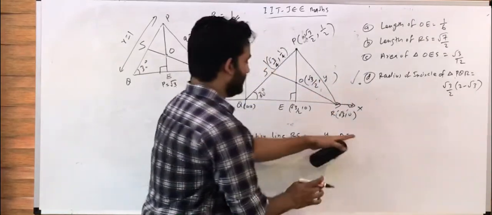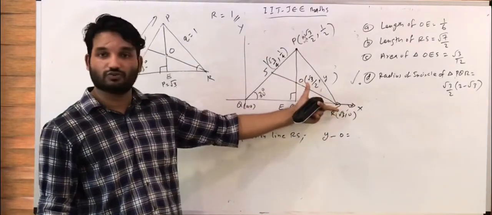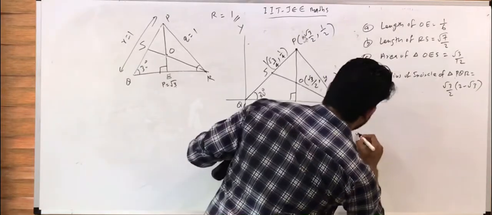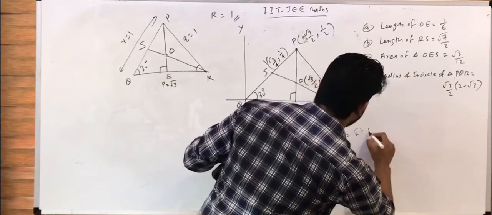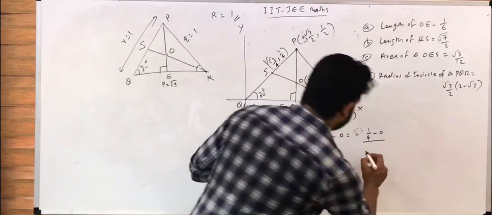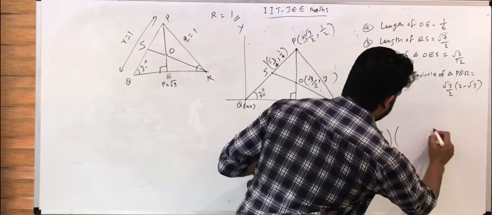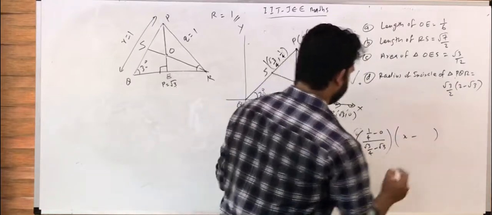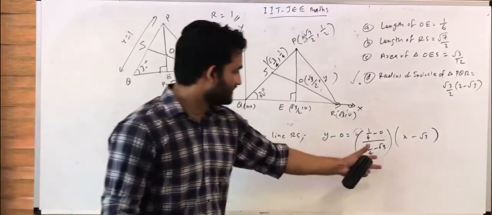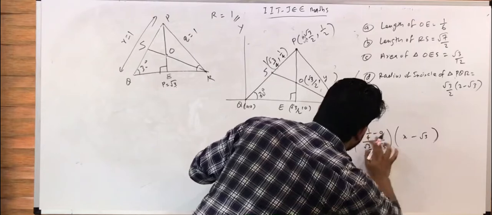m into (x minus x1), where m is the slope of these two points. When two points are given, how do we find the slope? It is y2 minus y1 divided by x2 minus x1. So y2 is 1 by 4 minus y1, 0, divided by x2 minus x1, that is root 3 by 4 minus root 3. So once we solve it, it will become